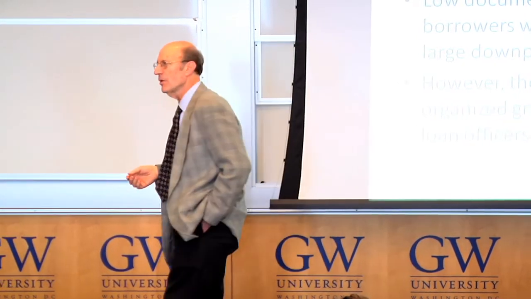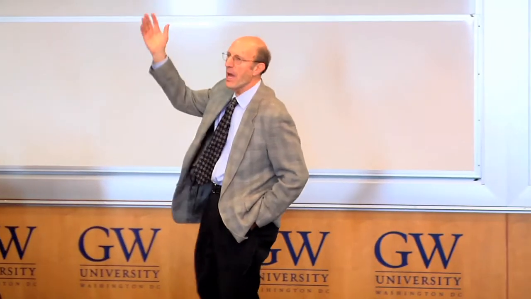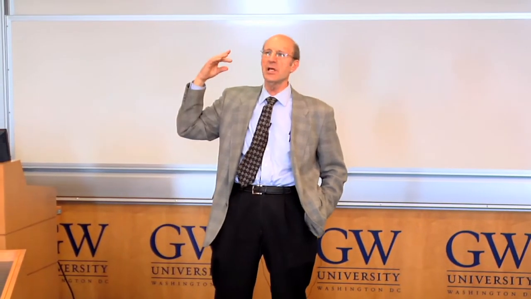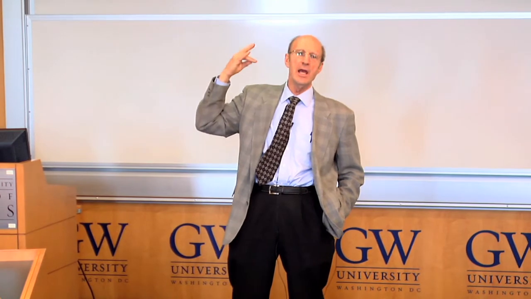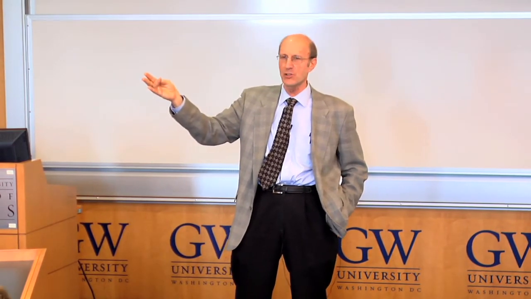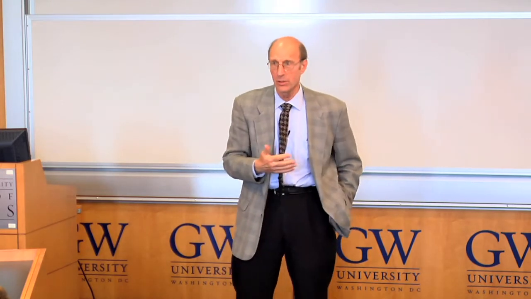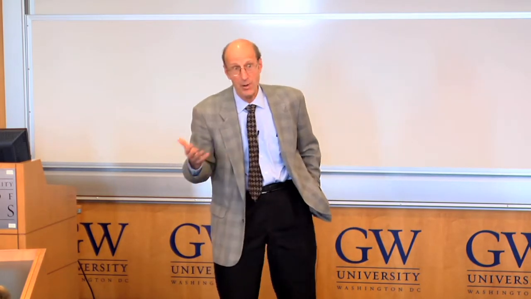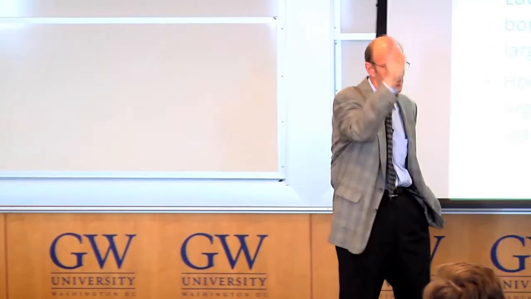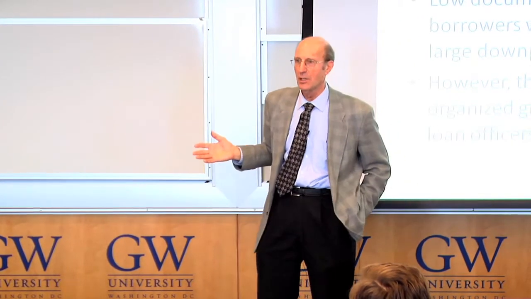Bernanke had a slide there with an advertisement for the bank. You say, oh, well, you don't have to document your income, and you can have a low FICO score, and you can have a high loan-to-value ratio. Yeah, they advertised all that, but you couldn't get them all in the same loan, which is a suggestion he gave, because probably his staff told him that. That wasn't a product that was offered,